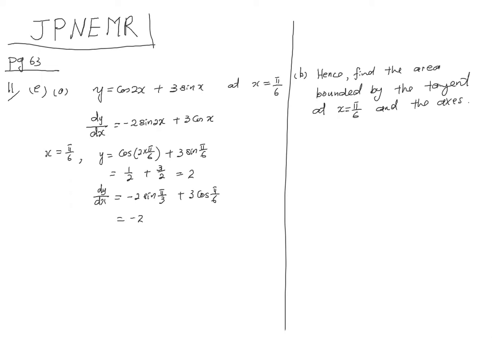Okay, sin pi by 3 is √3/2, right? Cos pi by 6 is also √3/2. 3 of them minus 2 of them, so left with 1 of them. Okay? So